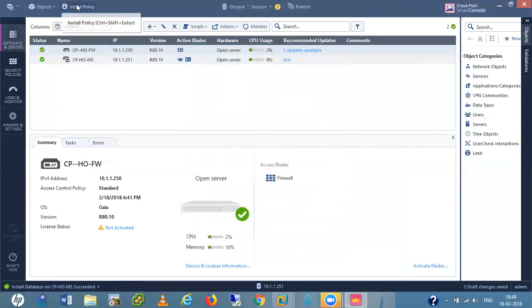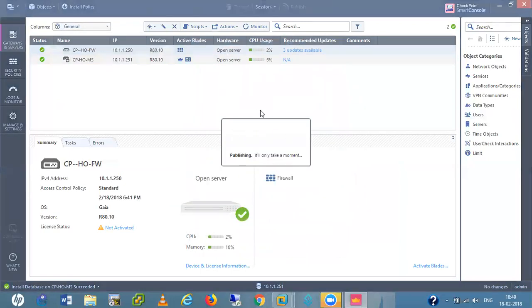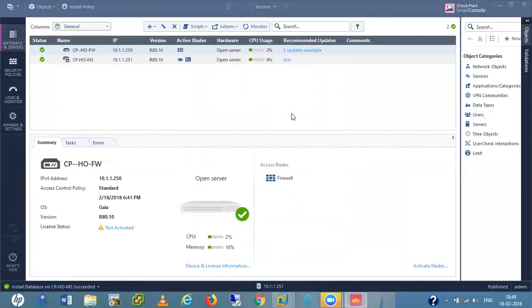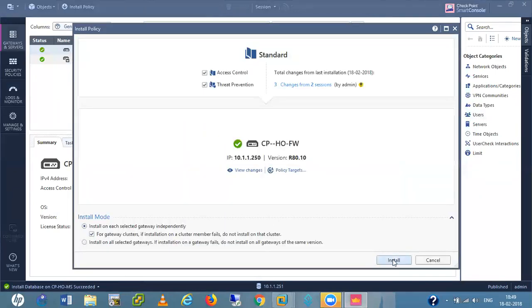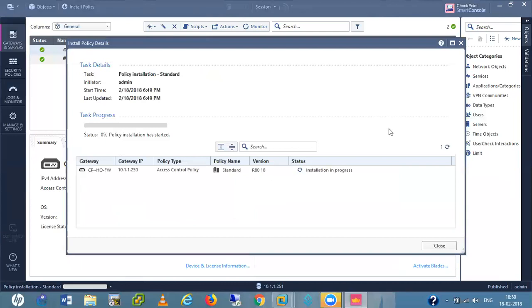So now let me install the policy first. After that I enable that blade on my firewall, because I want everything perfectly. Wait for the installation to complete.